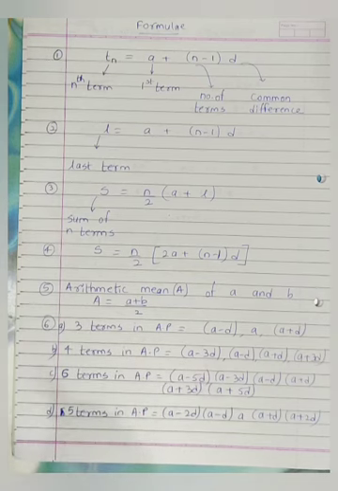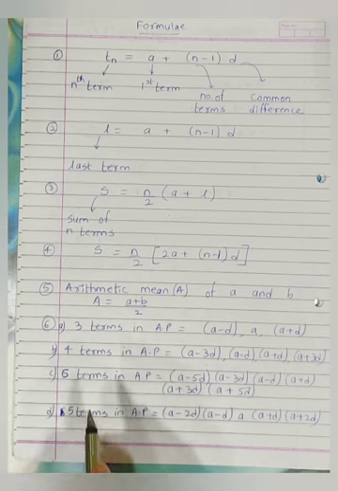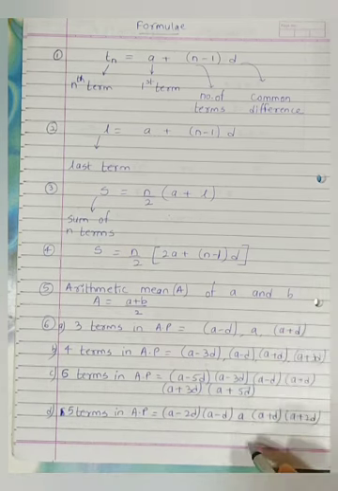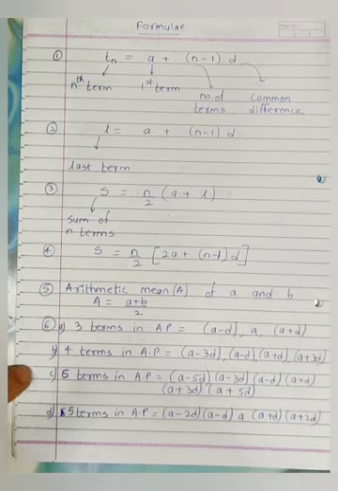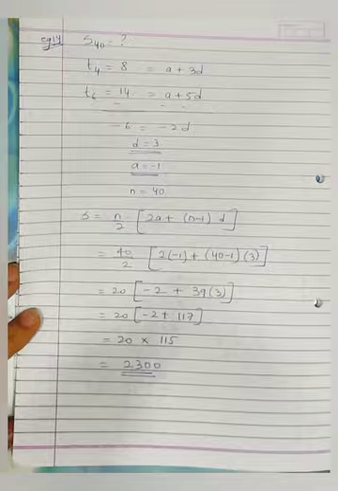So remember, whenever you have to assume 3 terms in AP, 4 terms in AP, 5 terms in AP or 6 terms in AP, you'll have to consider these numbers only. Okay. So if you want, take a screenshot or pause the video, copy down all these terms and then start with the problem which I'm explaining further. Okay. So now the next one